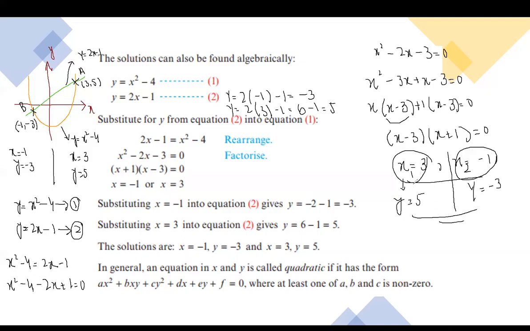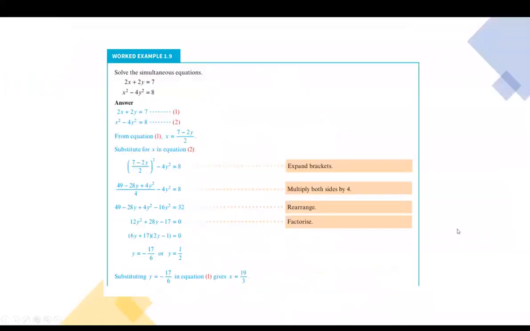Then from x1 and x2 we find the y1 and y2 values. So this is the general method to draw the graph of an intersecting quadratic equation with a linear graph. Okay, now moving towards the question of the exercise. Worked example: solve the simultaneous equations, this one,